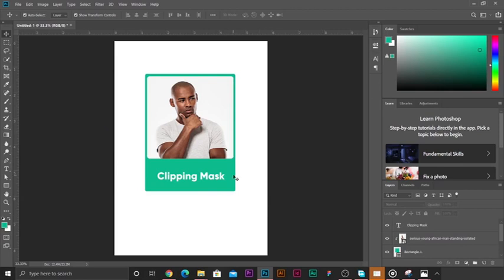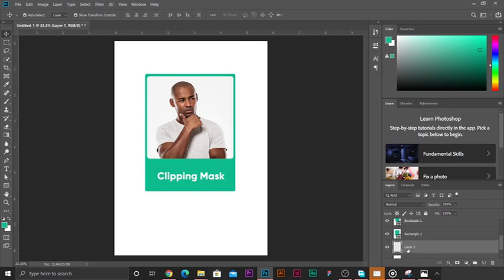Then we can actually choose to add some shadow to this last triangle, to this background rectangle. We can add some shadow effect to make it pop out a bit from the background. Let's try that. So I create a new layer by clicking on this icon here, the create new layer icon. Since the shadow has to be behind the rectangle, I need to move the layer behind the